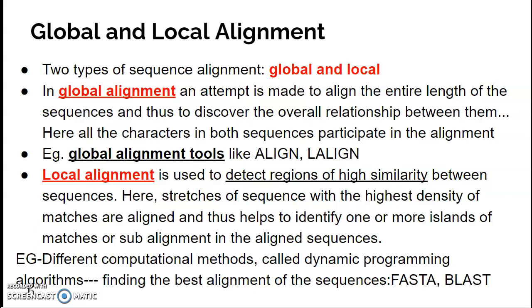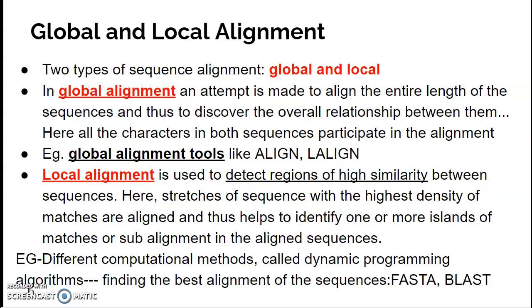So here it detects the regions of high similarity between the two sequences. Here the stretches of sequence with a high density of matches are aligned, thus helping to identify one or more islands of matches or sub-alignments in the aligned sequences. So they find the best match regions between two sequences.